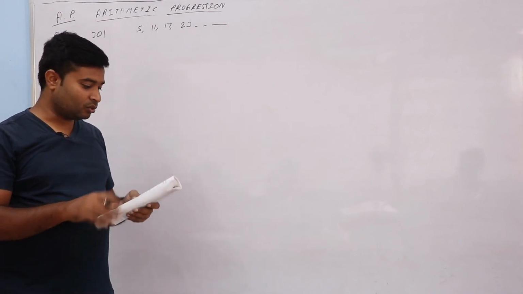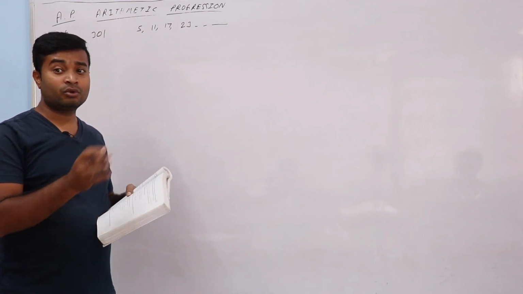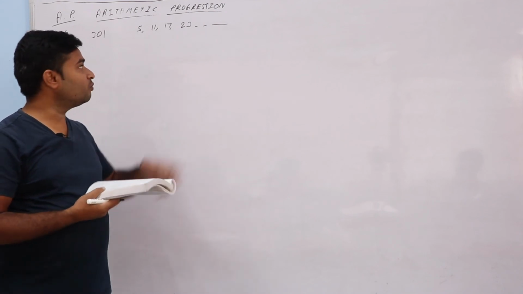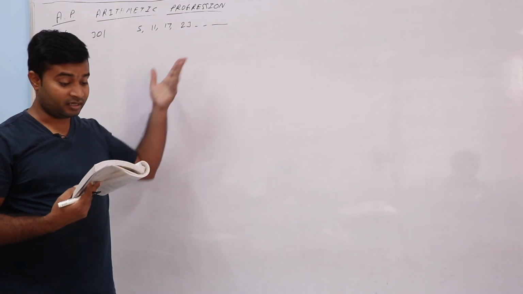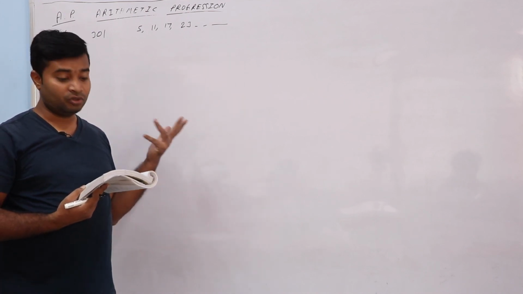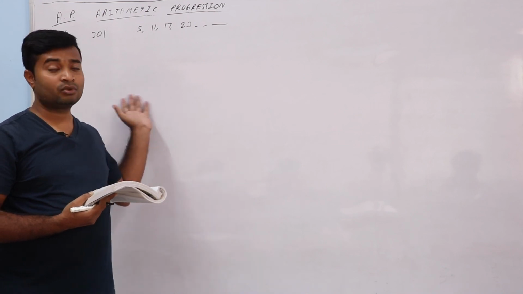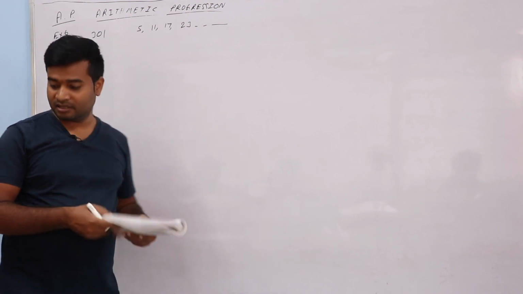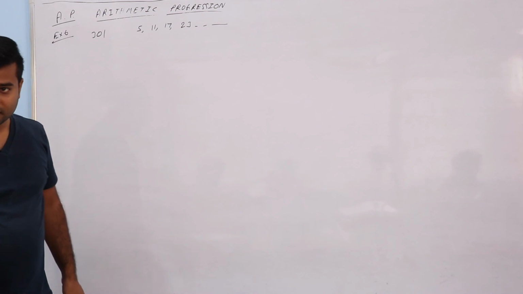Means in this question there is not a single word that says this is a question for AP. You should understand this question is of AP even though the word AP is not in it. Listen to the question again: check whether 301 comes in this list or not. So where is it saying this question is of AP? If a series is given, it will be a question of AP only.